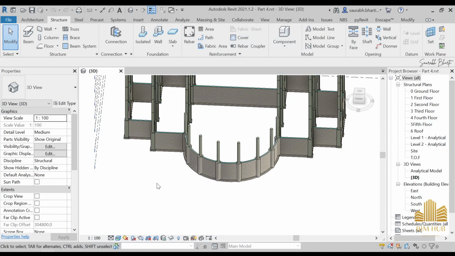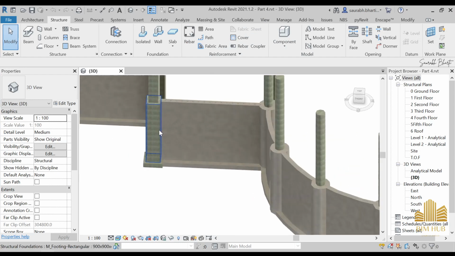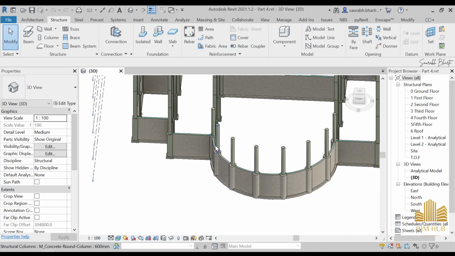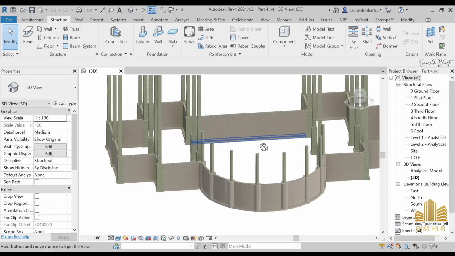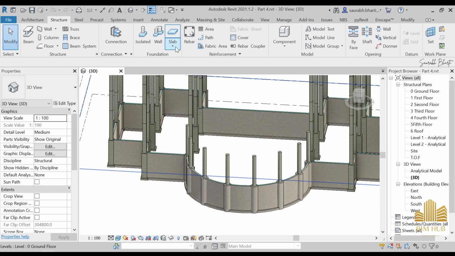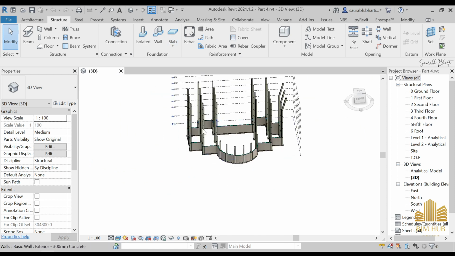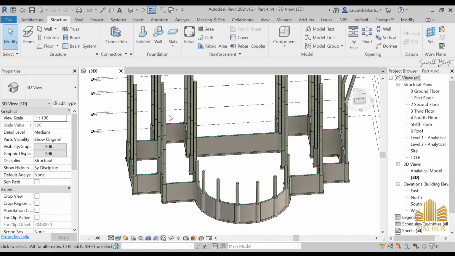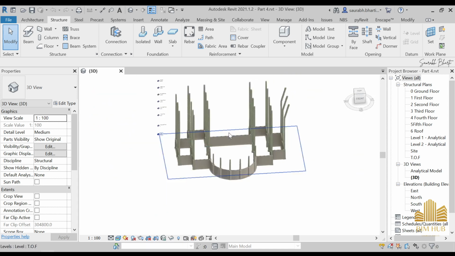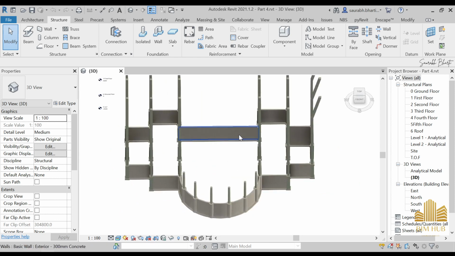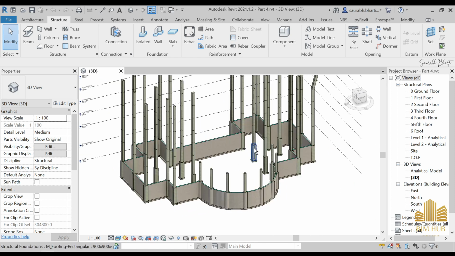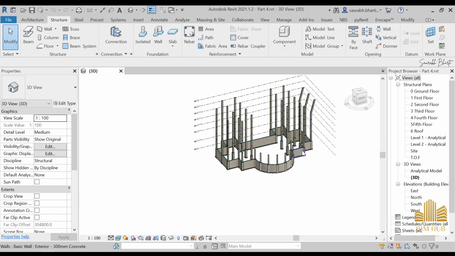And in the last video, I told you about piers and foundation. In this video, there's something left in that foundation, that is the slab foundation. So now we will see that. You will find this file in the last video's description. Whatever I do in this video will be uploaded in the description, so don't worry about that. You can resume your work from here, or you can watch from the very start.